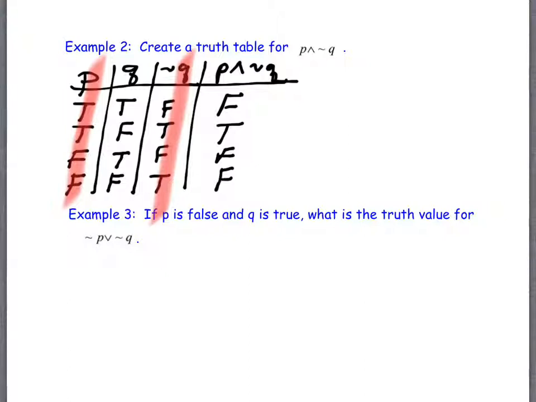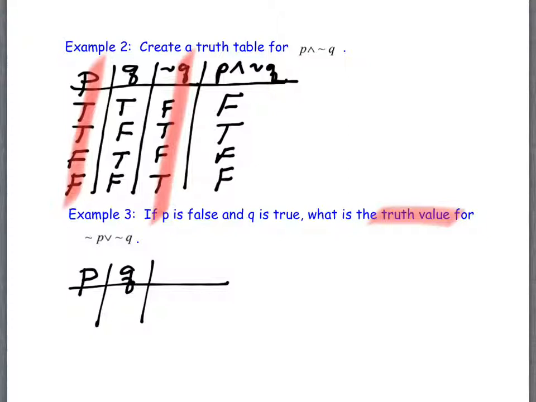Now, number 3 asks for something slightly different. What does it ask for? A truth value. It does not ask for a truth table. So here's the cool thing. When you're asked for a truth value, all you're really asked for is one line of a truth table. That's nice, right? I don't need the whole 4 rows here. I need just 1 row. And I'm going to have to set up the columns the same way. I'm going to have a column for P, a column for Q,